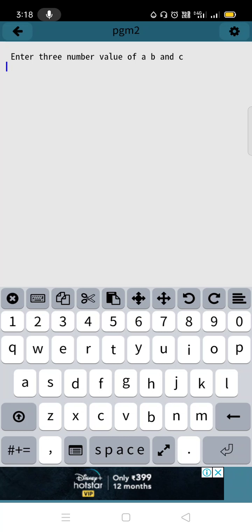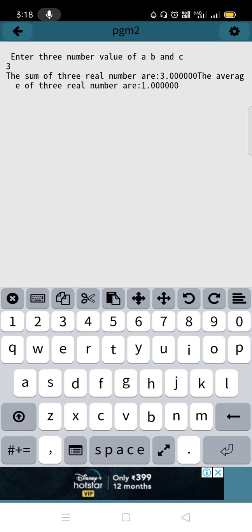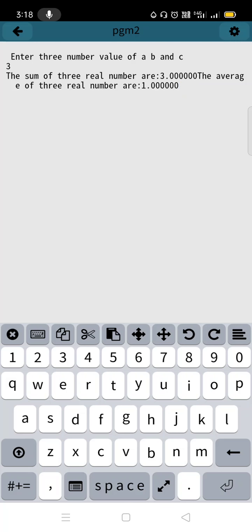I entered 3 and pressed enter. The result came: the sum of three real numbers is 3 only, because it considered the b and c values as 0, since I pressed the enter key. So a, b and c were taken as 0, the answer became 3 and the average became 1.